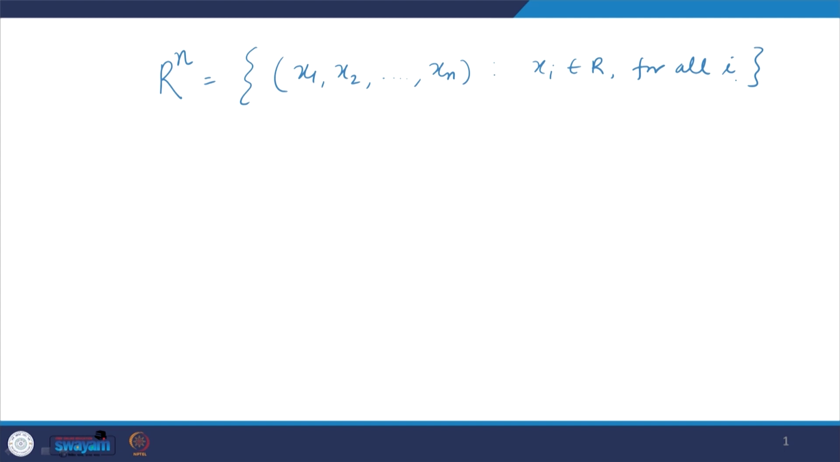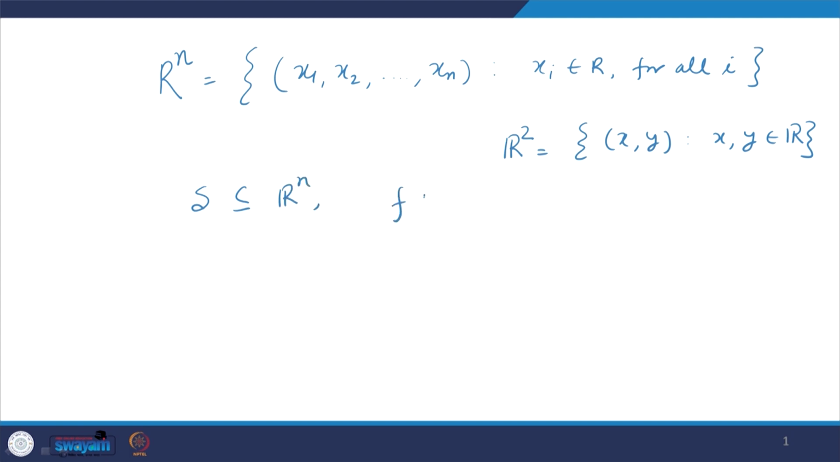If you take R2, what is R2? R2 is basically all (x, y) such that x and y belong to R. That means 2 dimensional geometry, from a geometry point of view. So, R2 is nothing but a 2 dimensional geometry, R3 is basically 3 dimensional geometry. So, Rn is basically n dimensional space, which is (x1, x2, up to xn) such that all xi belong to R. So, if we take S, a subset of Rn,